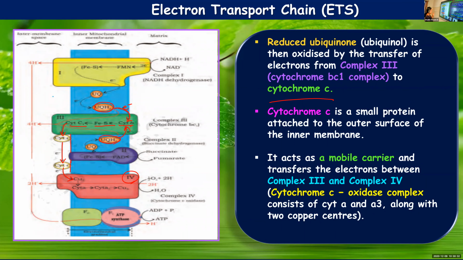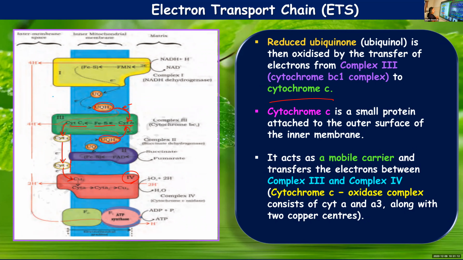Okay. Electrons from NADH will be transferred. NADH will get oxidized to NAD by the action of NADH dehydrogenase. The electrons present in it will be transferred to complex 1. It will pass through FMN, iron sulfur compounds. And finally, these electrons will be accepted by ubiquinone. Upon accepting these electrons, it will also receive 2 protons from the matrix and get reduced to UQH2. It accepts 2 protons or hydrogen ions from the matrix.